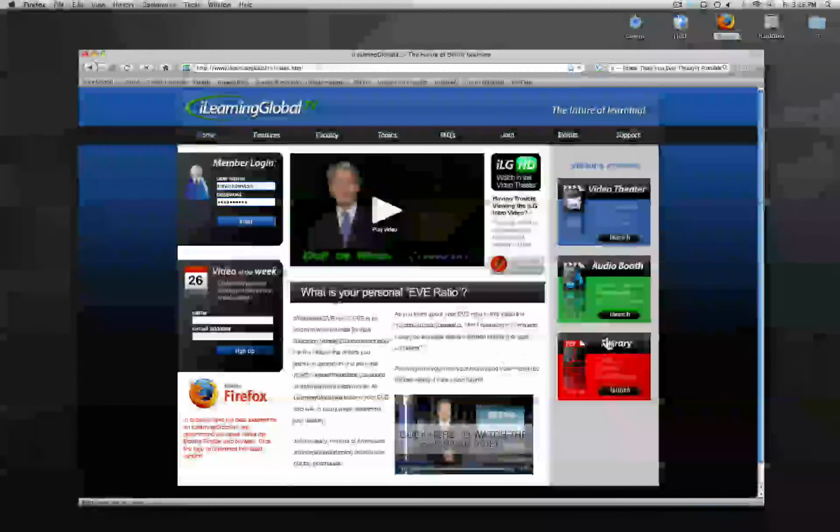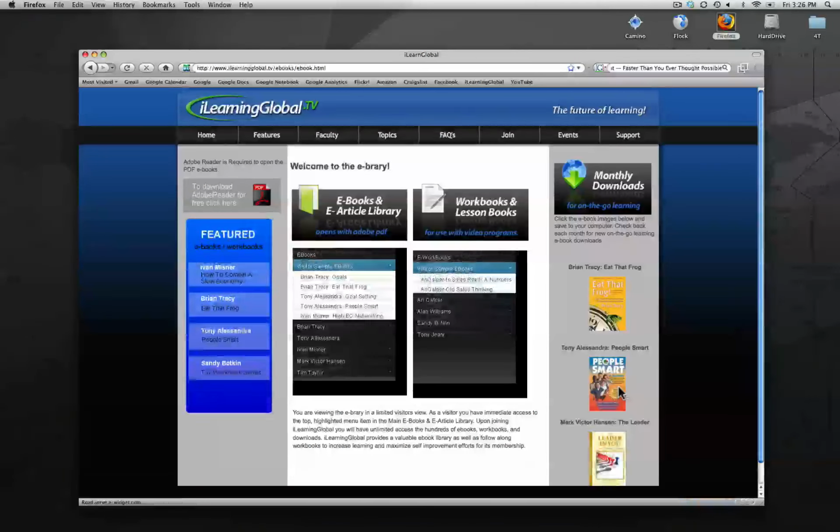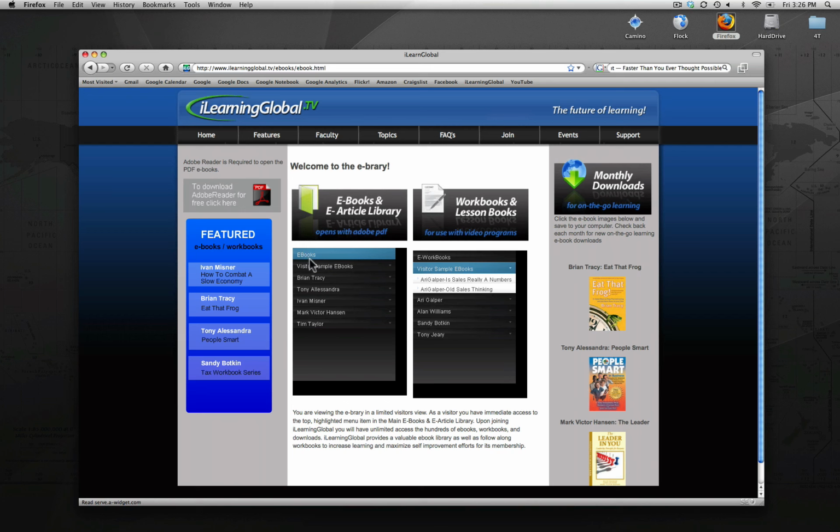From the home page then, let's go to the eBrary, and on the eBrary go ahead and click on launch. So now we're in the eBrary, and this is a great resource. At this section here where it says ebooks and then visitor sample ebooks, click on that. And down pop 1, 2, 3, 4, 5. We're always adding new ones and changing some out. So at the moment,